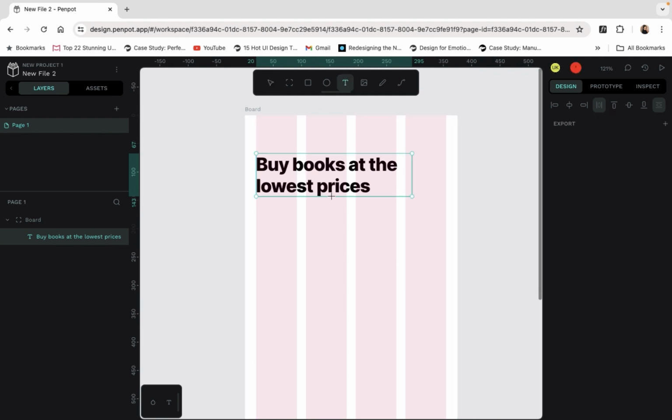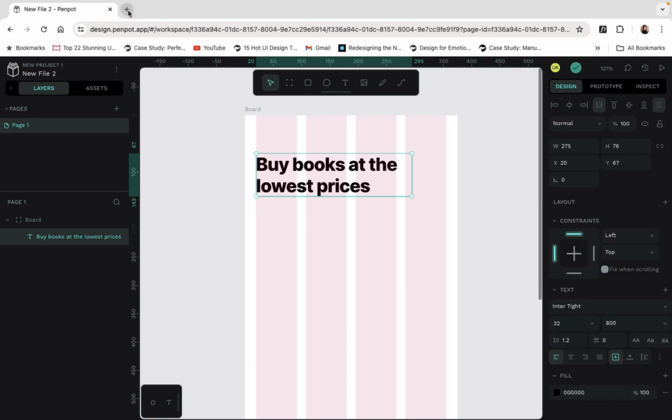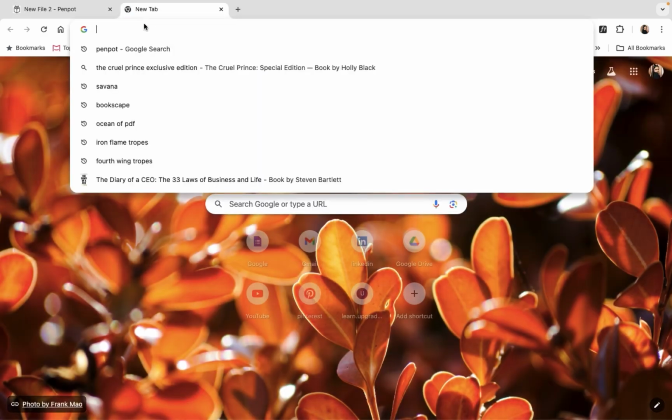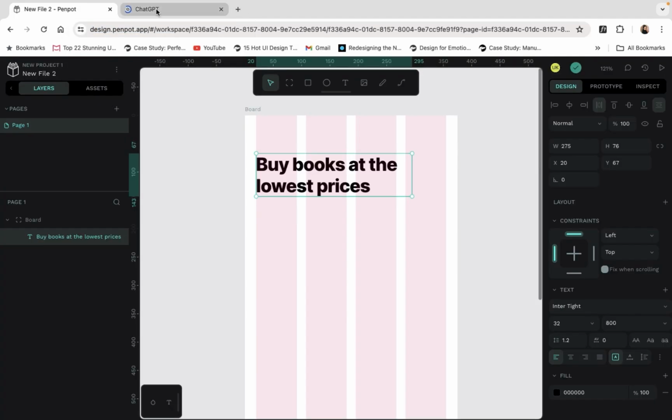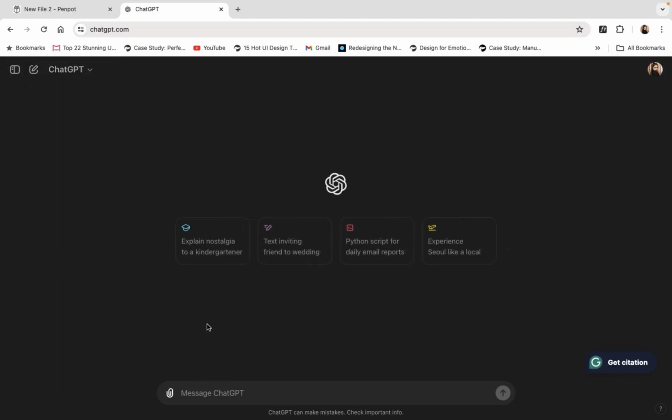Then I will add some supporting text here. For that, I'm going to open ChatGPT and create a supporting line for this. I use ChatGPT for my everyday design work because it is easier for me to create copies for my designs.